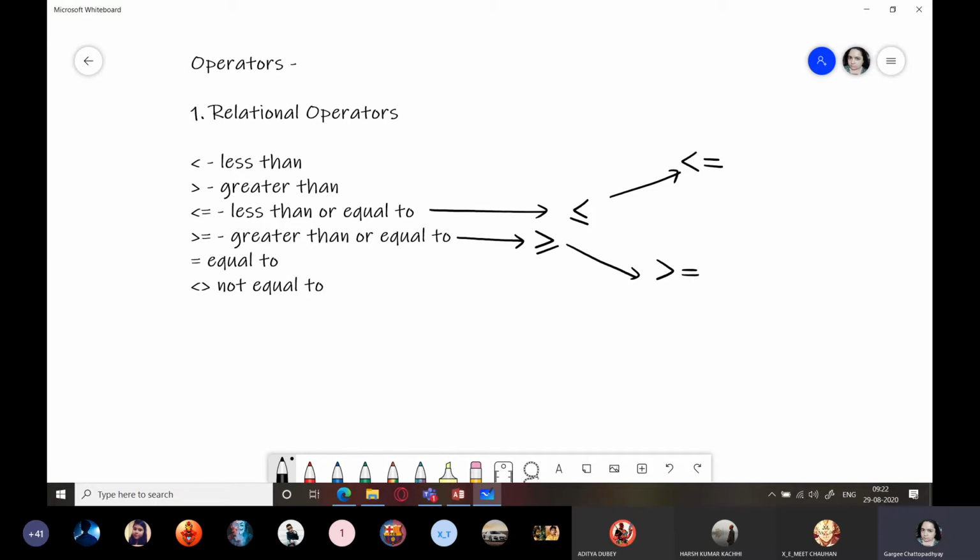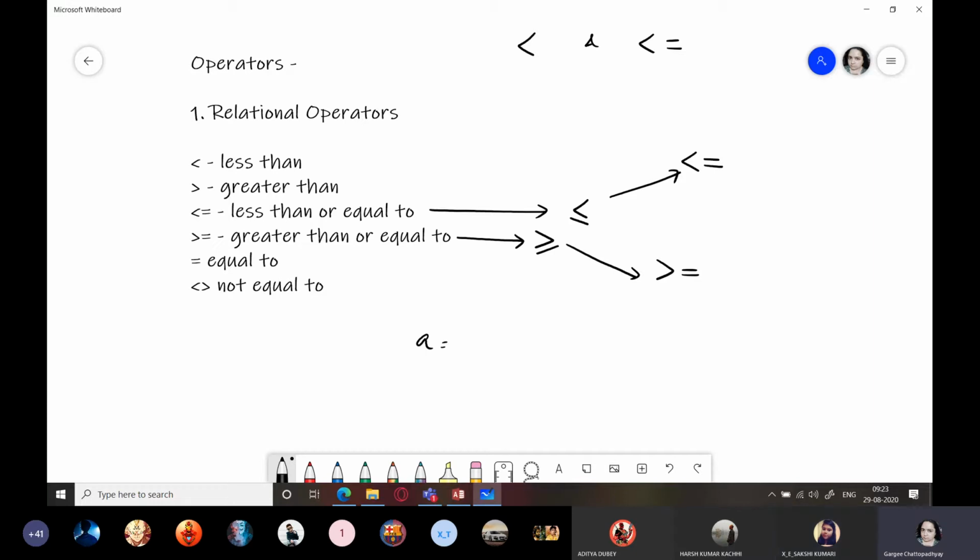Now, who will tell me the difference between less than and less than equal to? What is the difference between the two? Ma'am, in less than the value should be less, and in less than equal to it can be less than a particular value and it can be equal to it also. Less than or equal to.